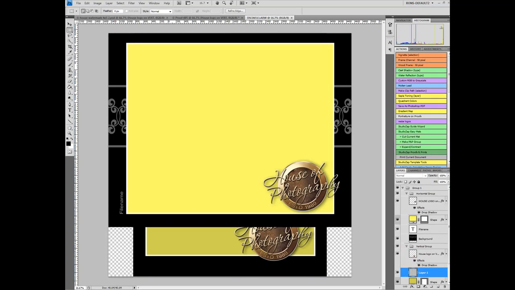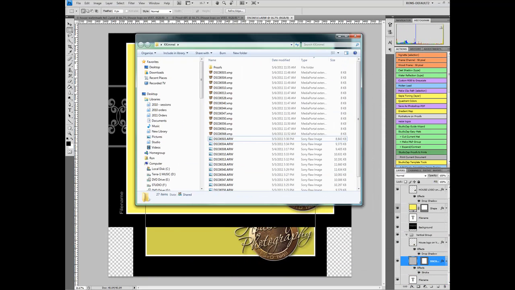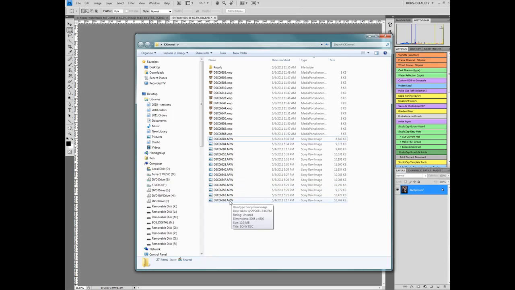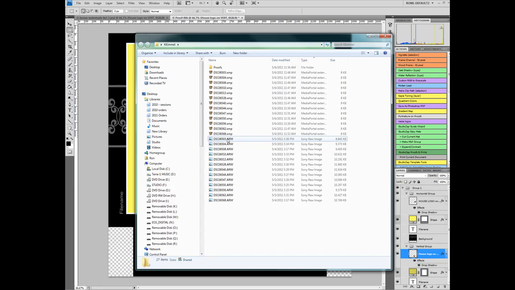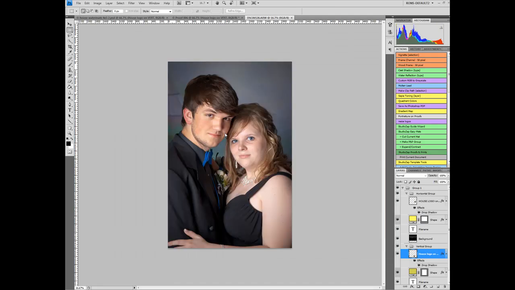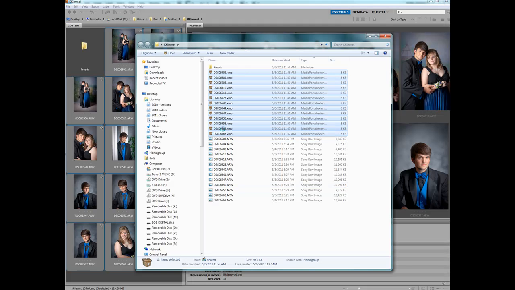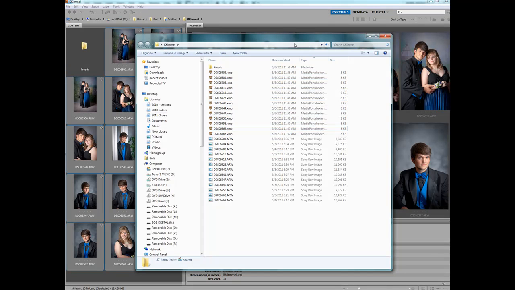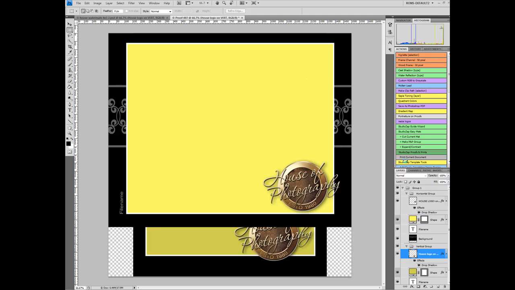Also, while we're making proofs here, I'm going to bring in the directory here. This is where all your raw files are, where all these ARWs are your raw files. And as I applied settings, these XMP files were created for each file. Like this one is 6503, this one's 6503. This is where your color settings are stored. So if you want to start from scratch, just select all and right-click on it and delete all those XMP files, and all your settings will be gone and you can start over again